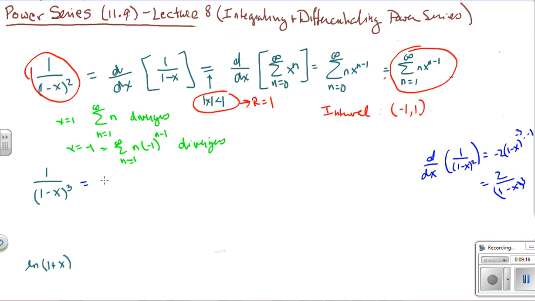But that's going to be the 1/2 times the derivative of this. The idea is that's 1/2 times the derivative of this. And this I just figured out the power series expansion for, right? As long as x is in this interval, this power series expansion is going to be sum n equals 1 to infinity of n,